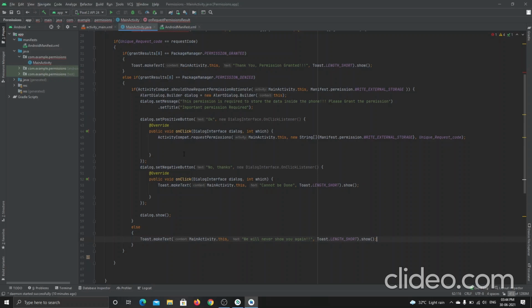So let's run this application now. Let's see. The Gradle has been building. It takes time to build. Let's wait for a while.